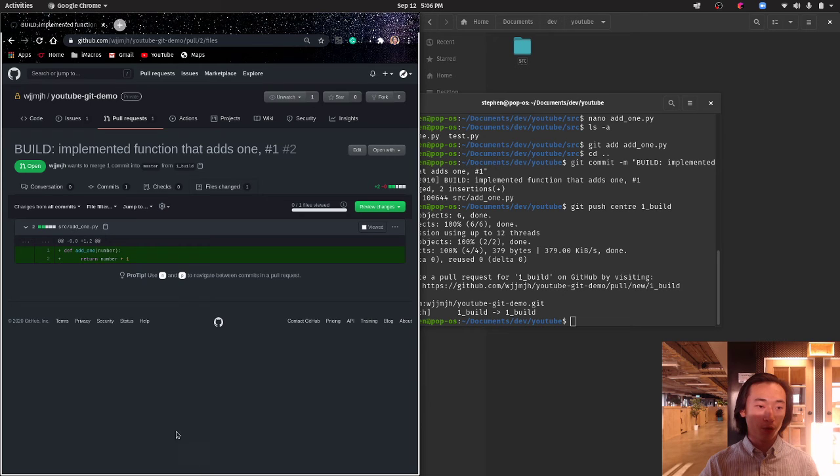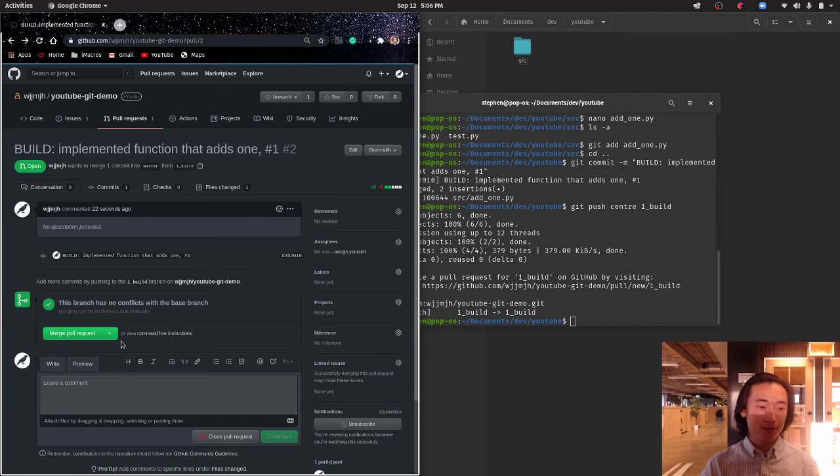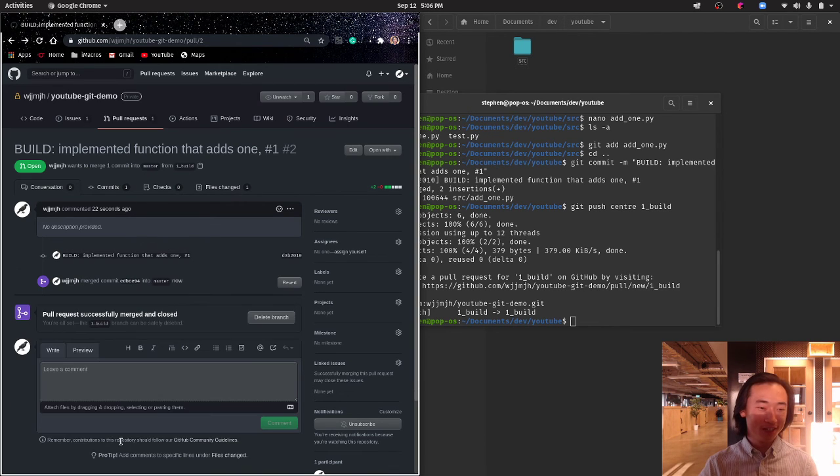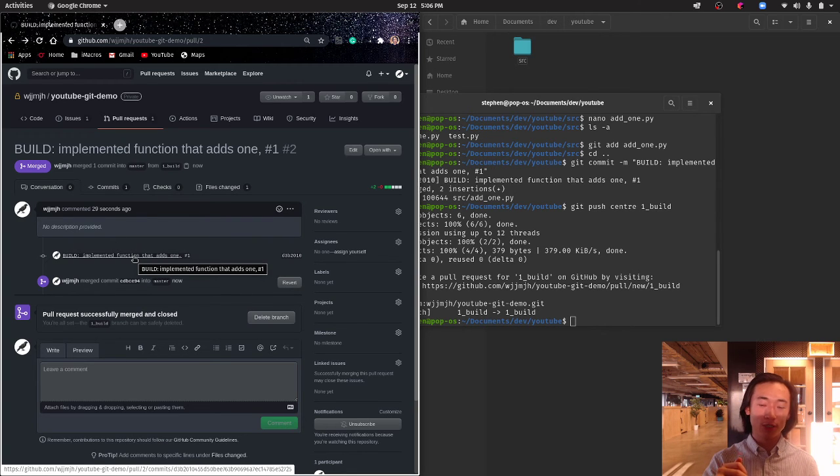I think it's not going to work because there's an indentation error. But it's okay, this is not a Python tutorial, it's about Git. And we just merge this. Confirm merge. Here we go. And now the merge goes from your branch to the main branch, which is the master branch. And now if we go back to the master branch,